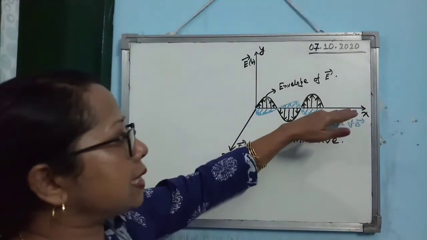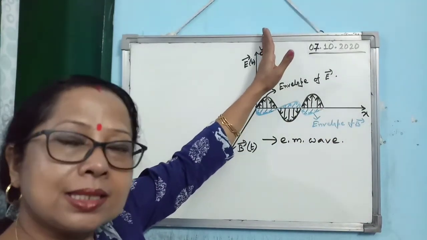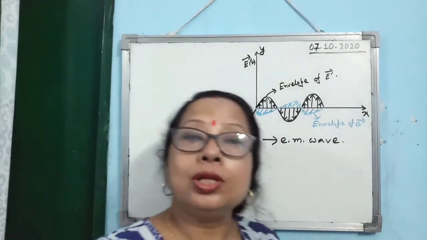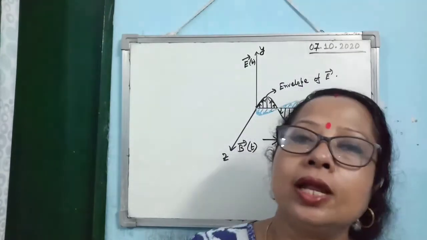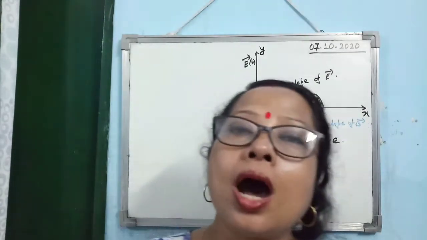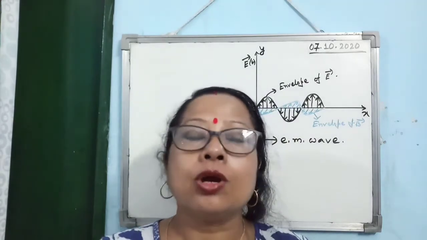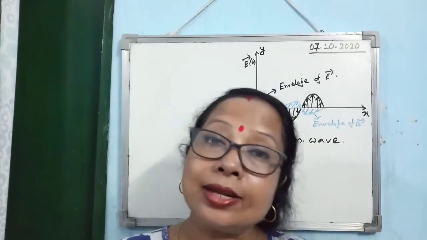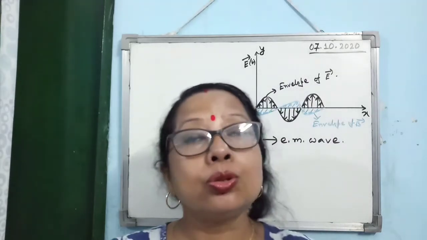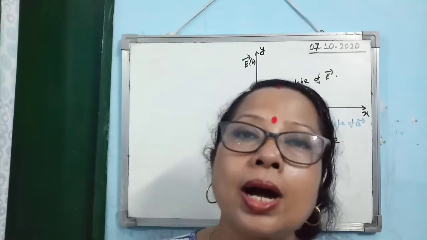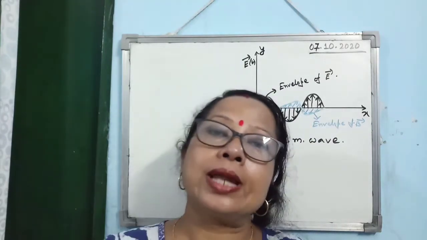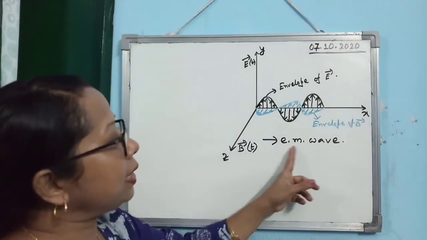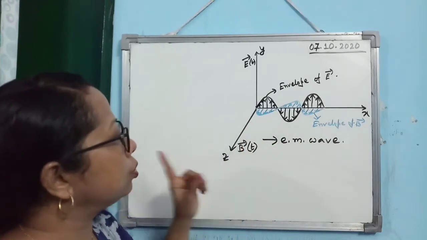If the electric field is along the x-axis and the magnetic field is along the y-axis, then the electromagnetic wave will propagate along the z-axis. So this is the concept of electromagnetic wave. So how is an electromagnetic wave produced? When two mutually perpendicular time varying electric field and magnetic field propagate through a medium, it gives rise to a wave which is known as the electromagnetic wave. Now look at this one. The electromagnetic wave is always perpendicular to its source.